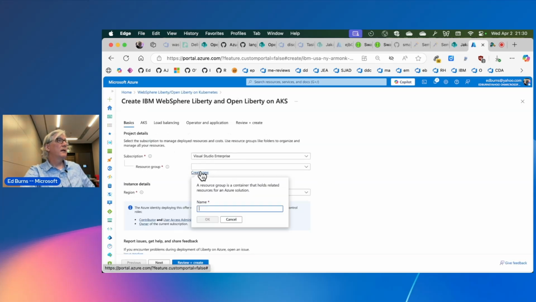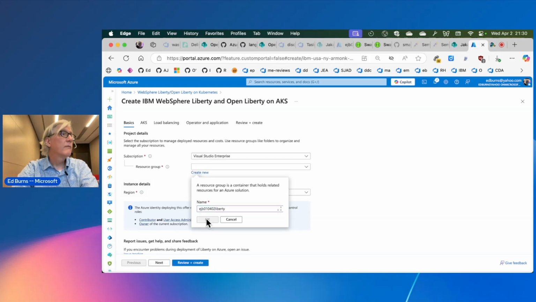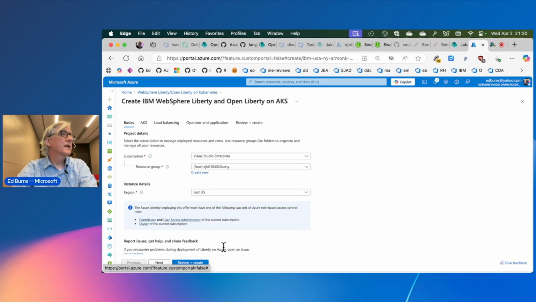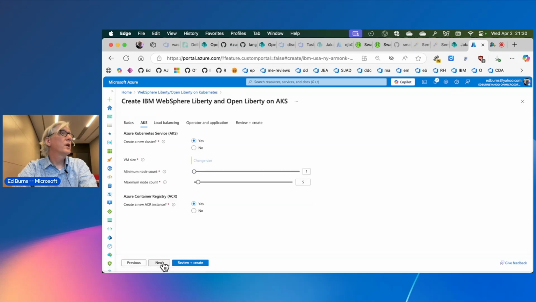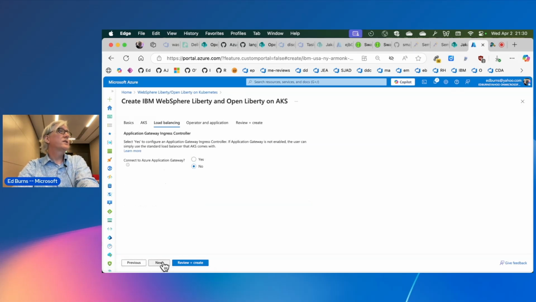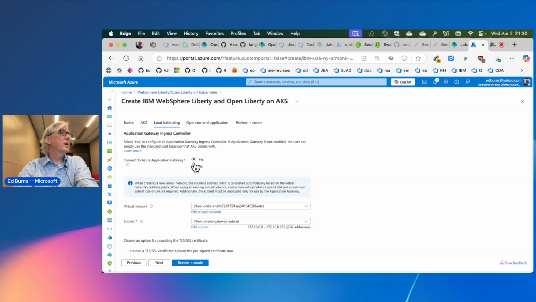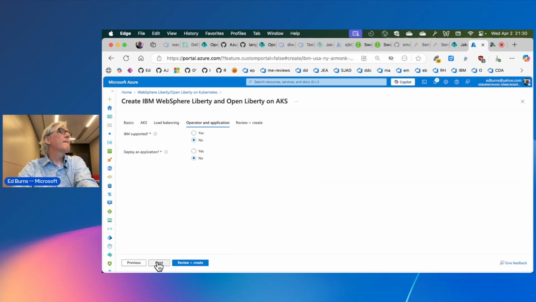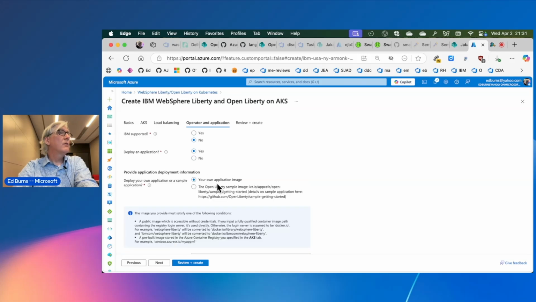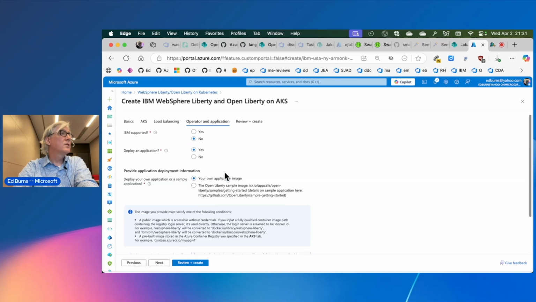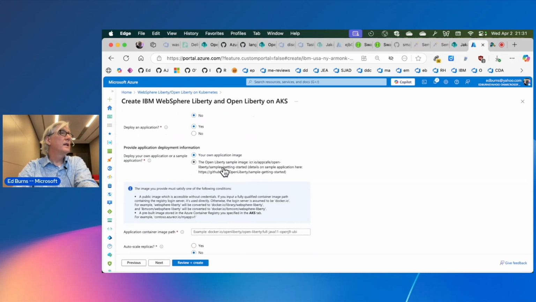And I'll put in a new resource group. Liberty. Okay. And I'm going to accept the defaults for everything else. Deploy it on AKS. Yes, create a new cluster. Yes, put it behind an application gateway. Yes, deploy an application. And what you can do here is either deploy your own application image or the Liberty sample app.